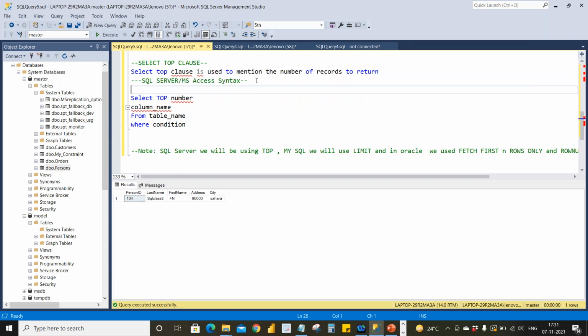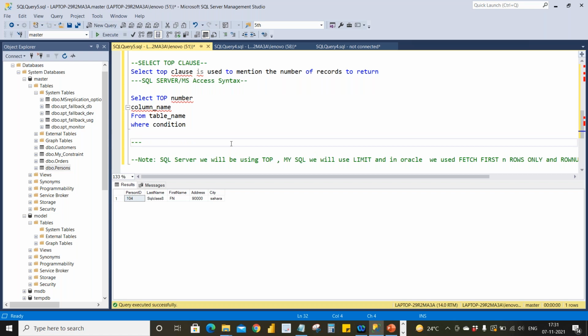We will see it with an example. If you want me to give the MySQL syntax also, I can give it. The MySQL syntax goes this way.